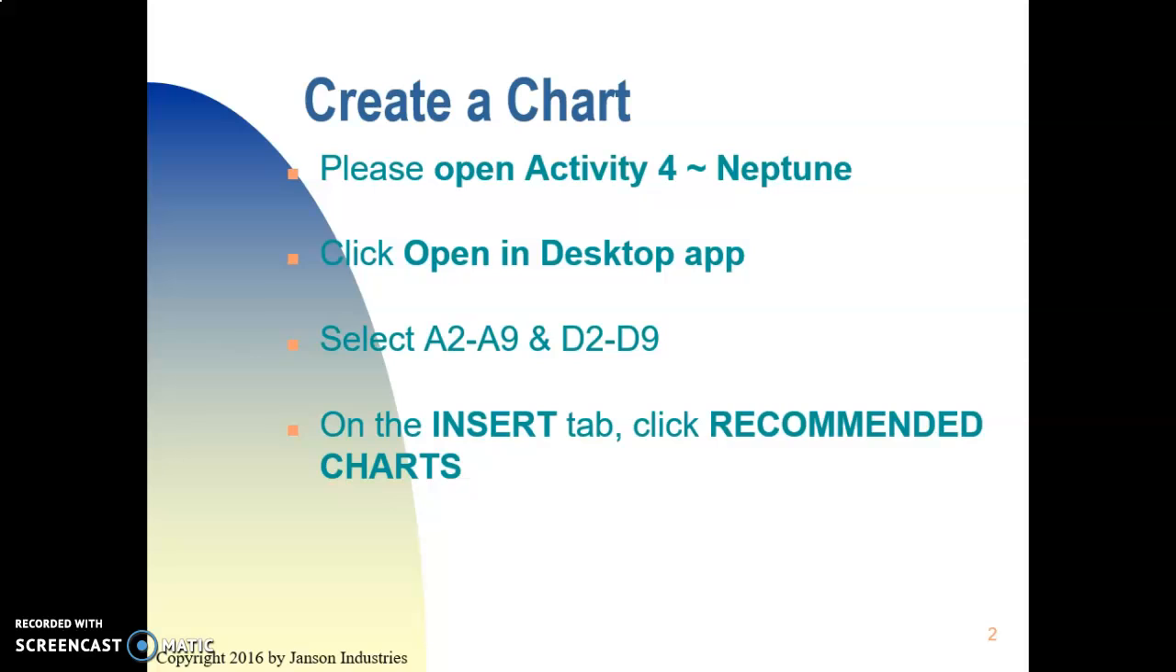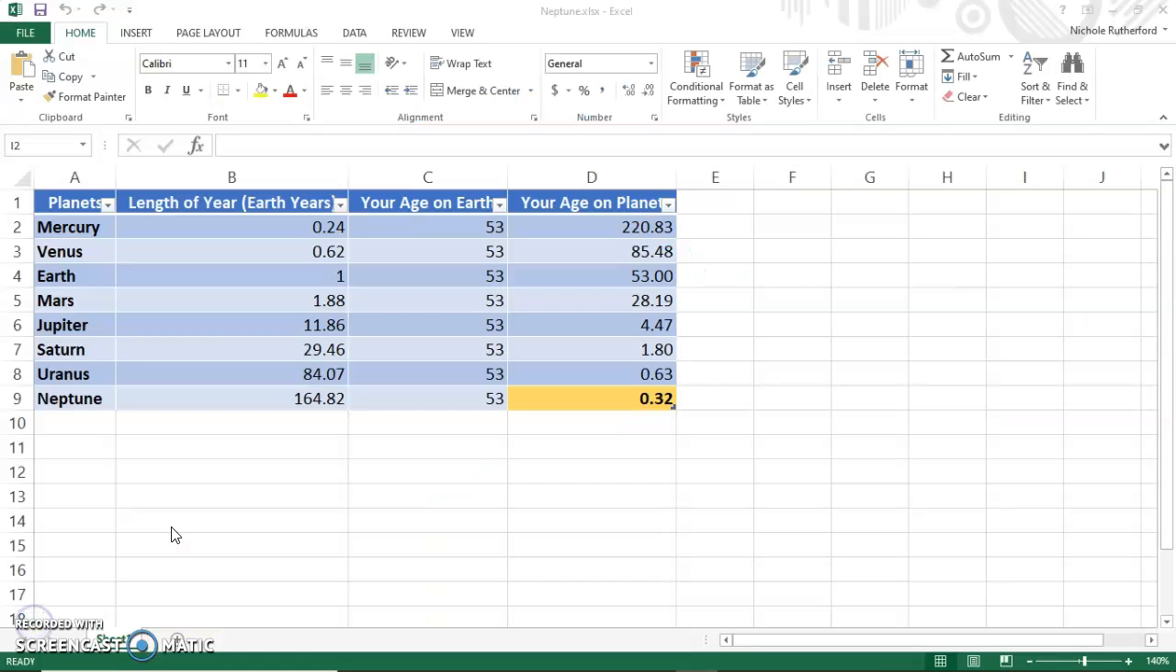And I will demonstrate this, but for your purposes, just in case you want to look back at this recording, select cells A2 through A9 and also D2 through D9, and I'll show you how to do that in just a second. On the Insert tab, we're going to click Recommended Charts, and we are going to be creating a clustered column chart. So here we are in our Neptune, our completed Neptune activity. If you haven't completed it, you'll just have to watch and follow along